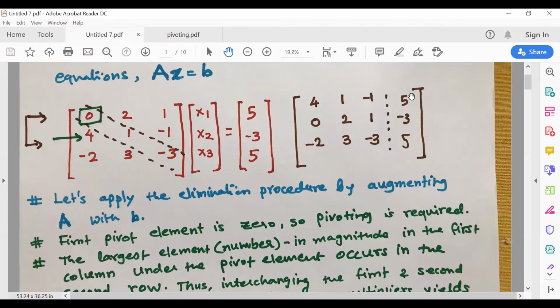The next matrix shown here is where we have simply interchanged the rows along with the coefficients on the right hand side. For 1, minus 1, I think it should be minus 3 here. Sorry, there is a mistake. Along with coefficients, you have to change the rows. Then minus 2, 3, minus 3 remain as they are, and 0, 2, 1 will come in the middle.